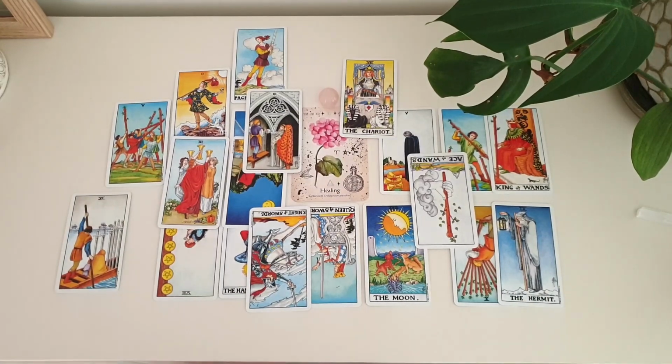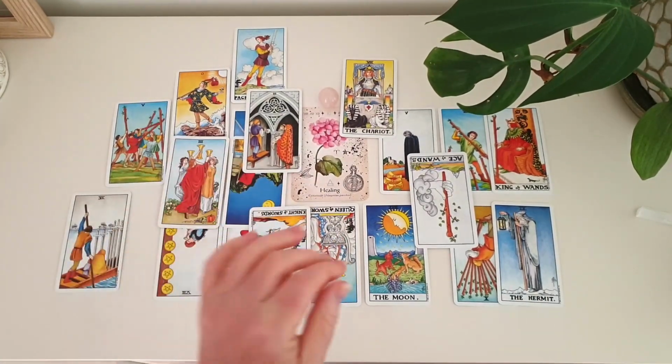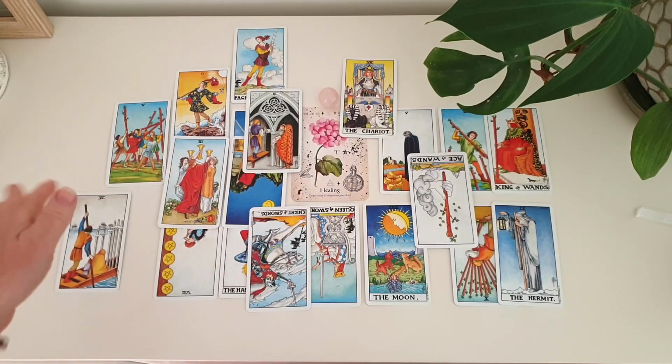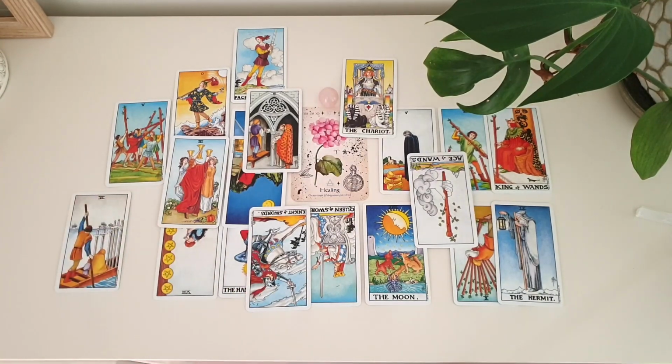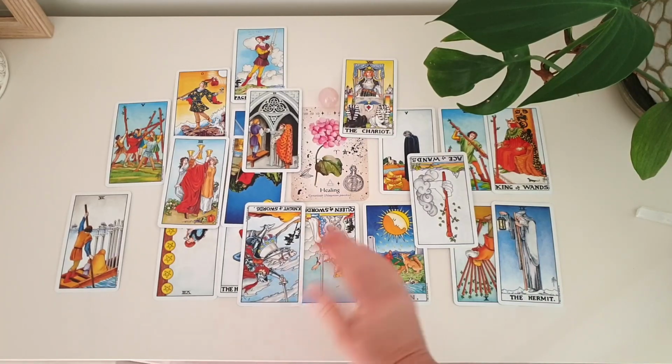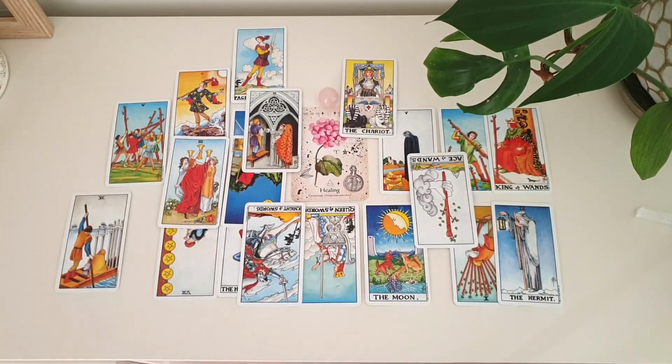But there's also these potential cards here that friction might happen. This is a balancing of things, but we do have the potential for friction. So just be careful. You are working on this healing, but you're also teetering on this fine line of watch what you say. Be careful of your words, because these two cards here, there's a potential for a blow up,